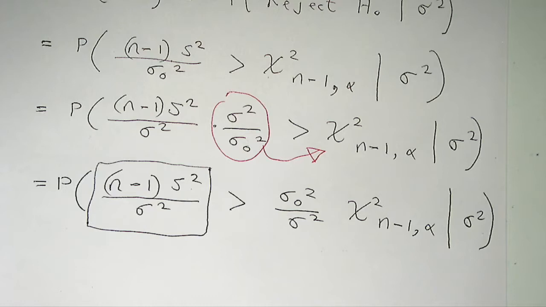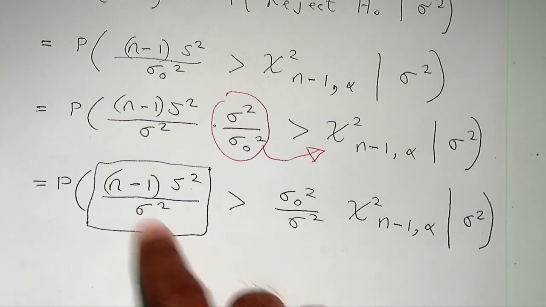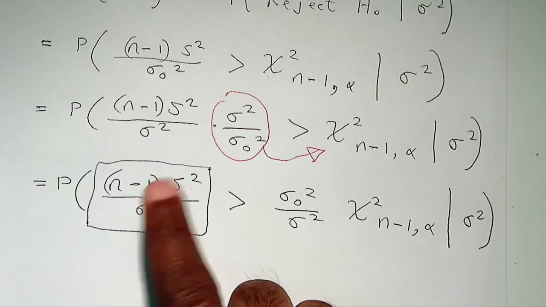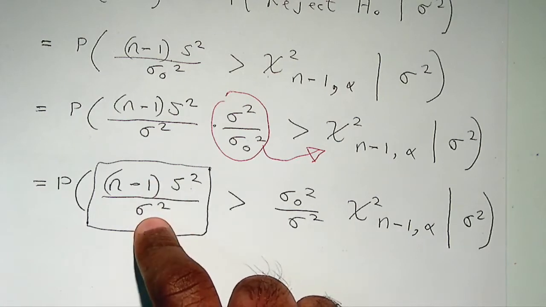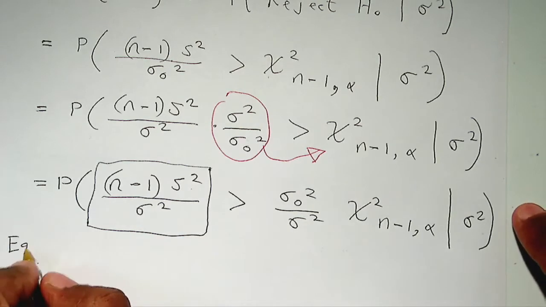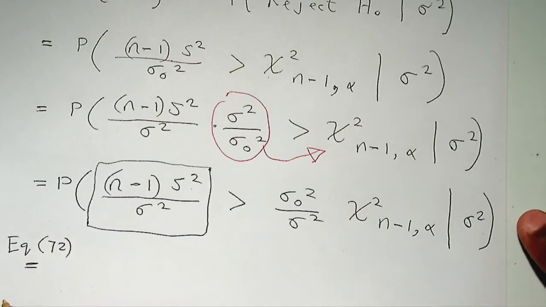Do you guys remember this? This one, equation 72. What you have here is the same as this. These two are precisely the same, right? And by this equation, this has a chi-square distribution with n minus 1 degrees of freedom. So by equation 72 in the lecture notes,